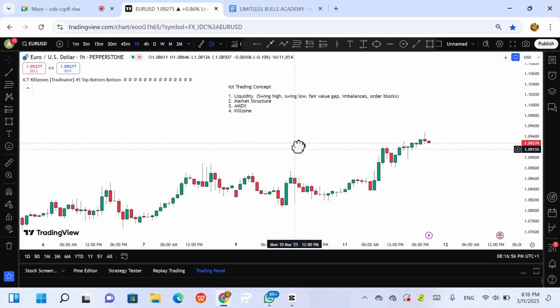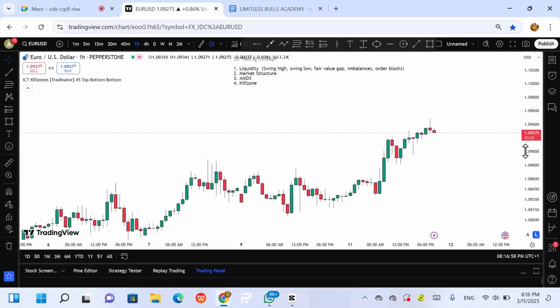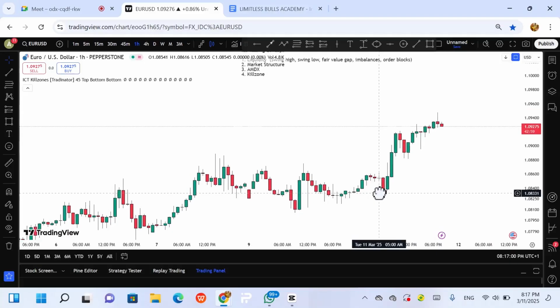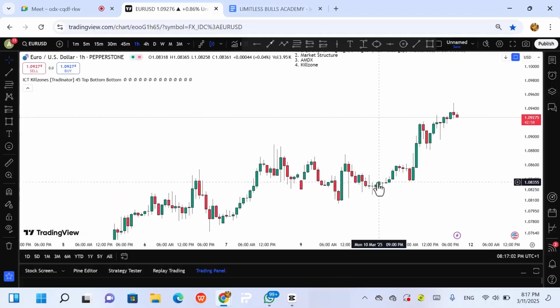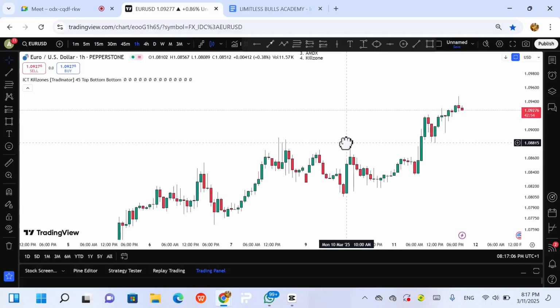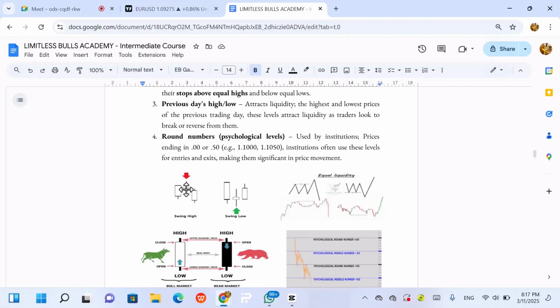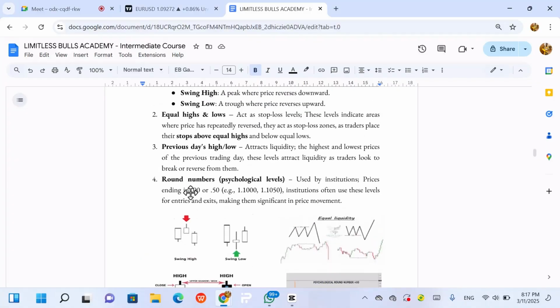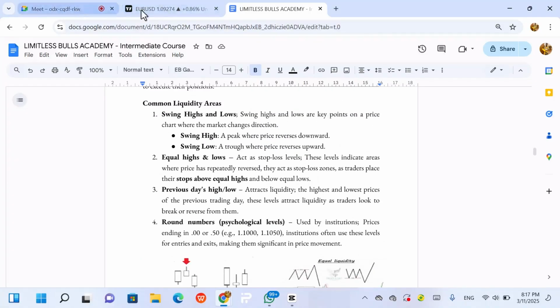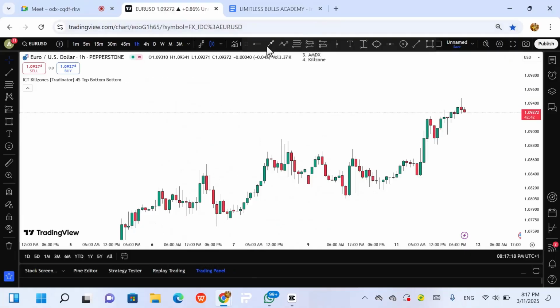So how can we point out these swing highs in real market time? Looking at this chart now, we will just be considering the three candlestick pattern, and we just want to see the structure, right? Either the wick or the body is higher than the other ones. So let's mark out the swing high points we can identify from this market.